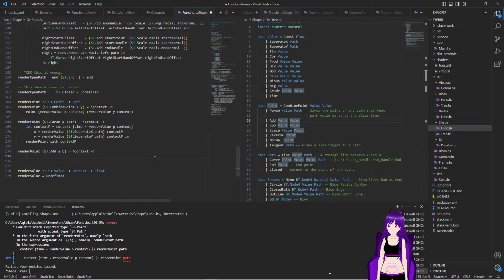So context x A, x sub A, x so y sub A equals, and point A